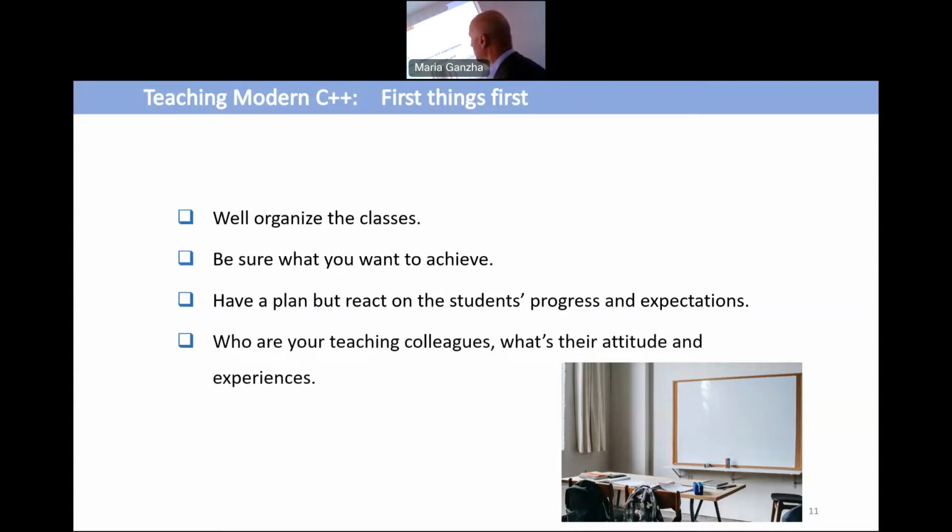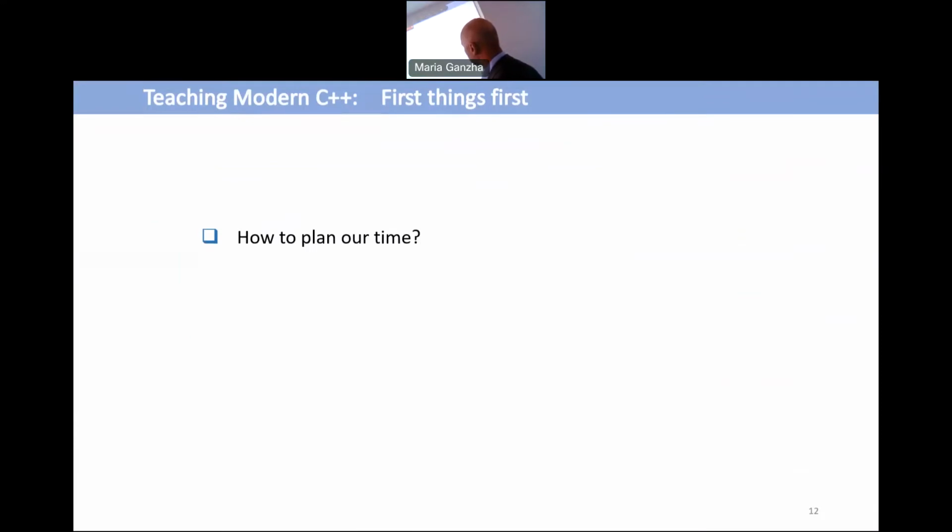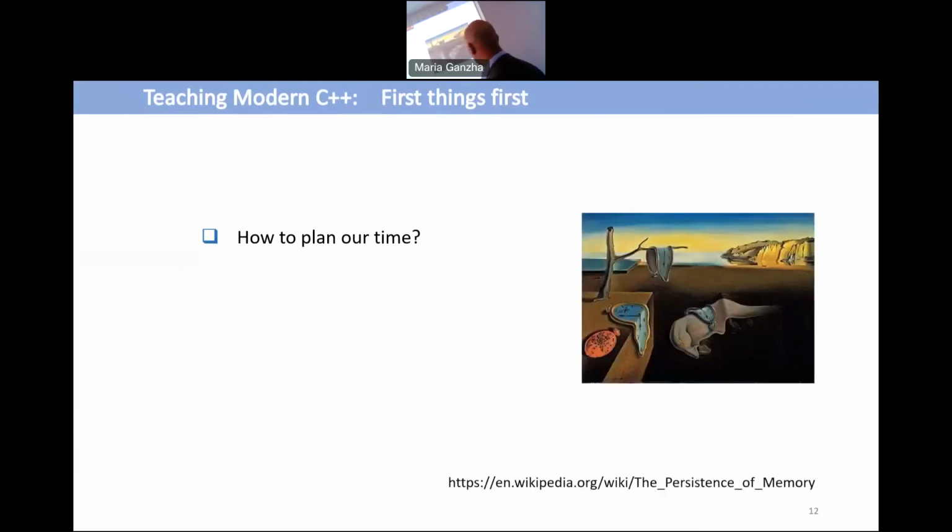Also, we need to take care of our teaching group, of teaching colleagues. What's their attitude and experience? So this is also a point. How to plan our time? I like this image. How much time do we have? Our approach will be different if we have 1 semester or 3 semesters, certainly.